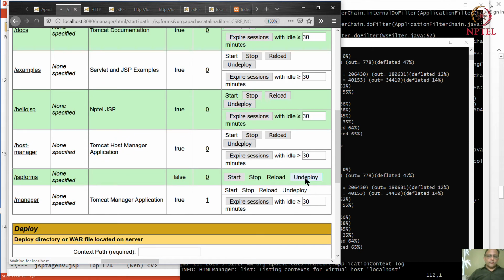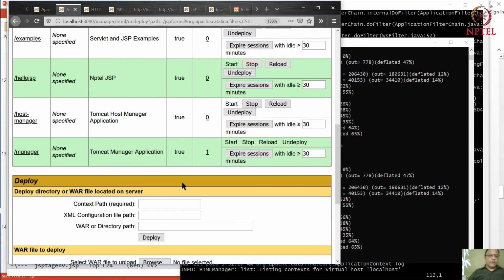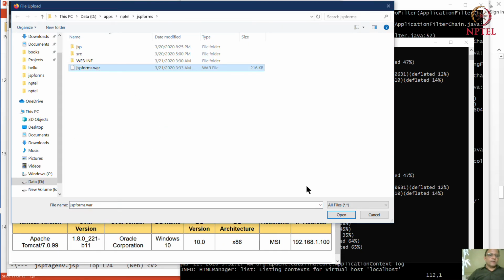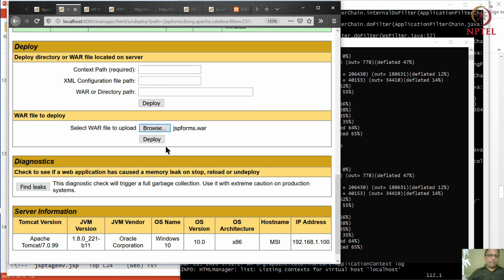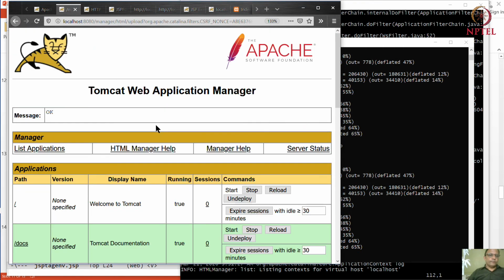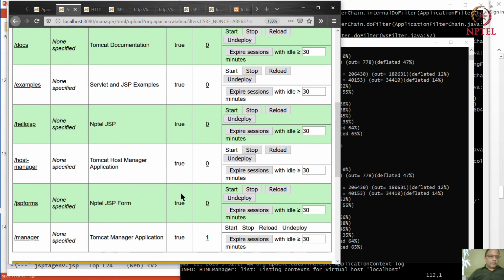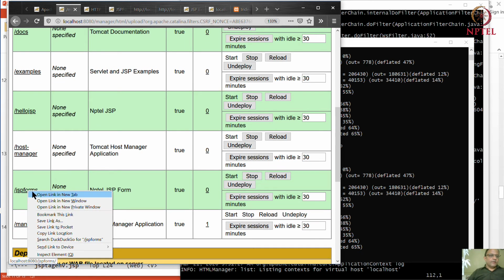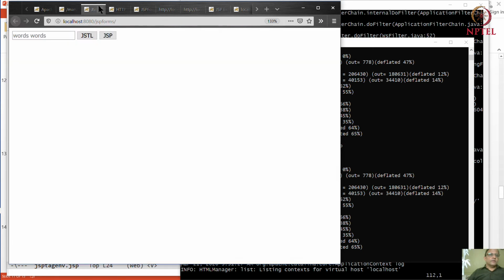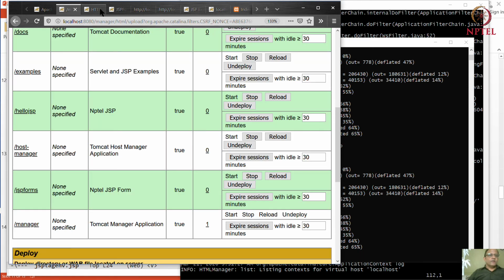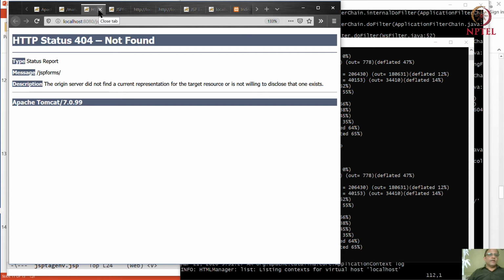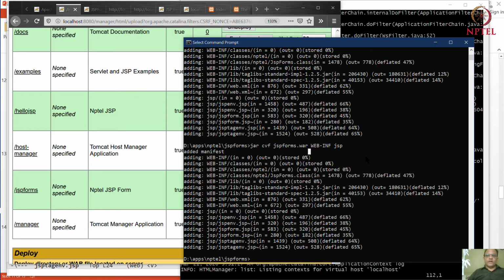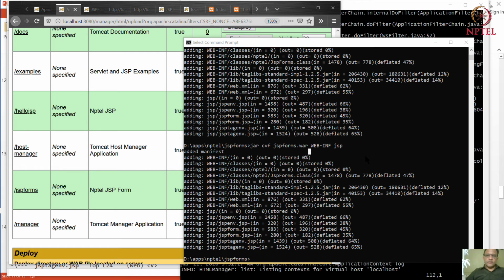Since it couldn't start, we will undeploy it and we will redeploy it. And this time the start went through well, which basically means that this is going to work as expected. Of course, that's not a surprise because we had deliberately created this error. But this is an example of an error which occurs in the manager.